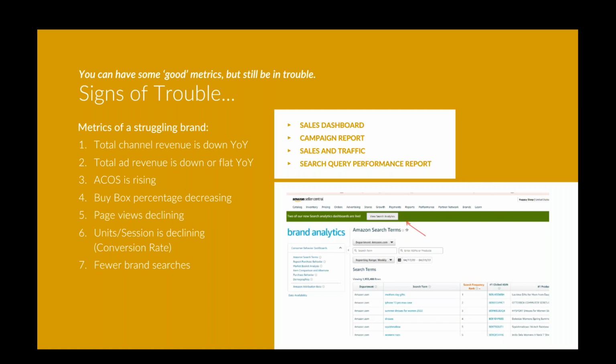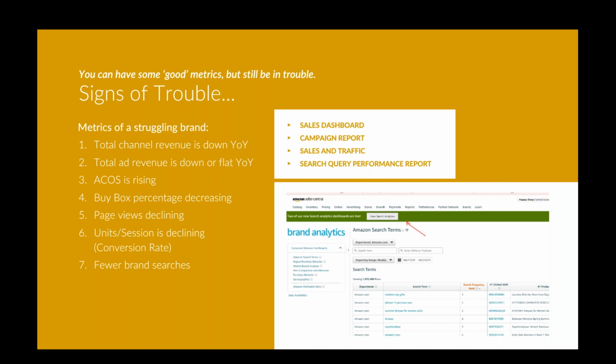So buy box percentage is one that, especially as a third-party seller, we take keen interest in. But as a brand selling yourself, or in any exclusive relationship with a brand, this is something that you should pay very close attention to. It can be a very troubling indicator that sales may be declining, and give you some insight into what might be going on with some of the other sellers alongside you in your channel.